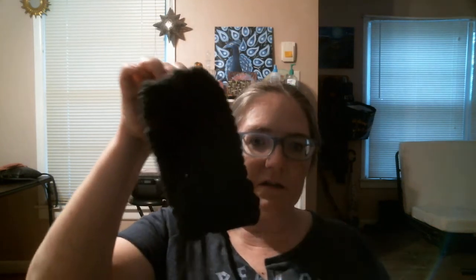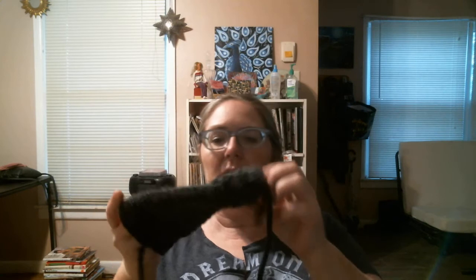And that's the ball band for it. And the colorway was... what was the colorway? It was in charcoal, so it was really just this really... It looks black, but it's really a super dark gray. So it wasn't really that hard to see in crochet, but I did do some fingerless gloves with this, and